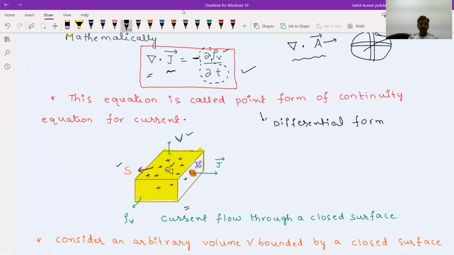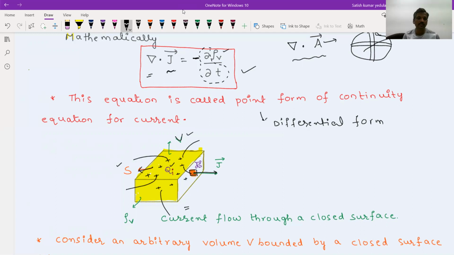And this is a small differential surface through which, let us assume, the charges are coming out. The charges are coming through this particular surface only. If the charges are coming out, that means the current is also coming out, because the rate of change of charge is called current, right? So when the charges are coming out in all directions, that can be calculated by considering a very small differential surface. Through that, how much charge is coming, that is the current which is coming, then we will extend it for the entire integration.